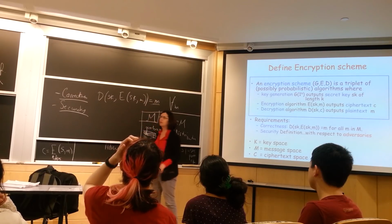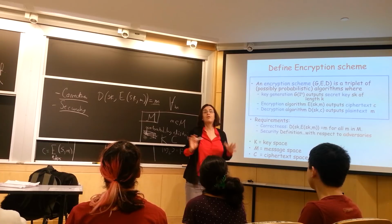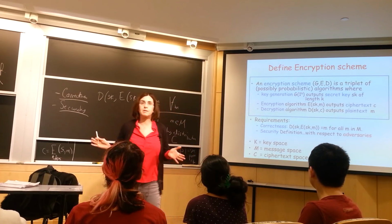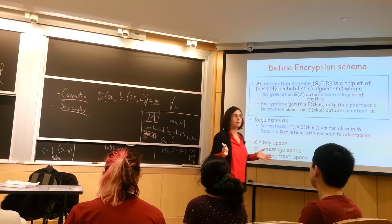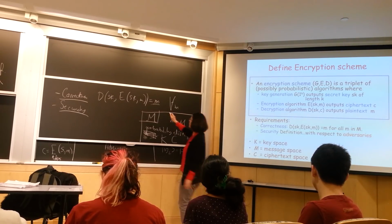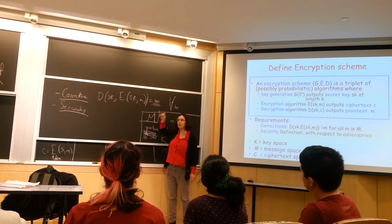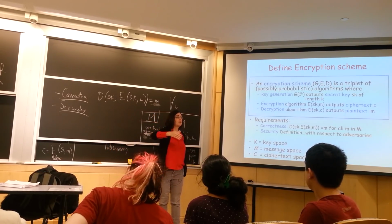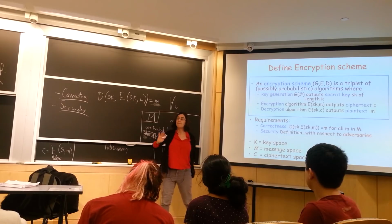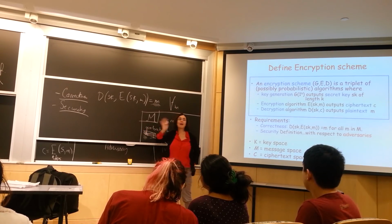So should the decryption algorithm be randomized? Should we allow it the liberty of being randomized? Well, first of all, sometimes we don't know how to do things deterministically without tossing coins. So tossing coins is useful for me, because I don't know how to solve the problem differently. Even if the solution is unique, I might need some randomness to help me. So do you guys remember primality testing? Did you do that in 6046? So remember, there are some primality tests that need randomness in order to get the right answer, but they need randomness to perform. Okay? But furthermore, and again, maybe that will be some homework assignment, sometimes we say,